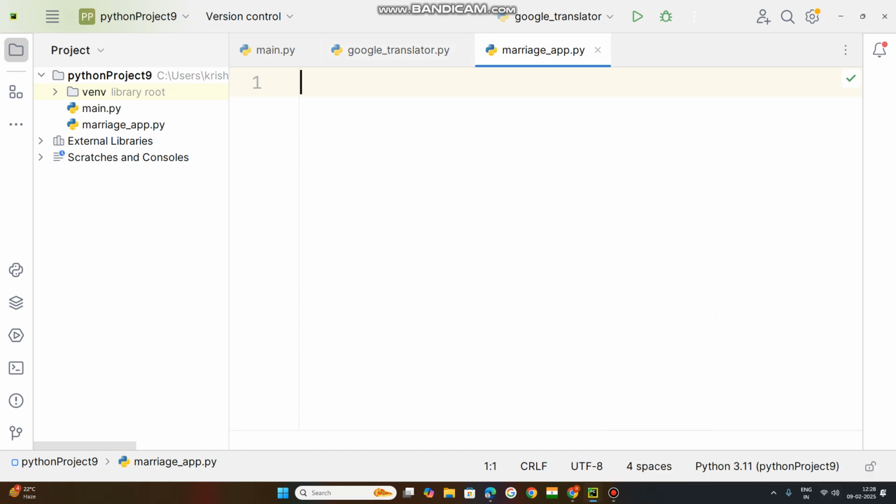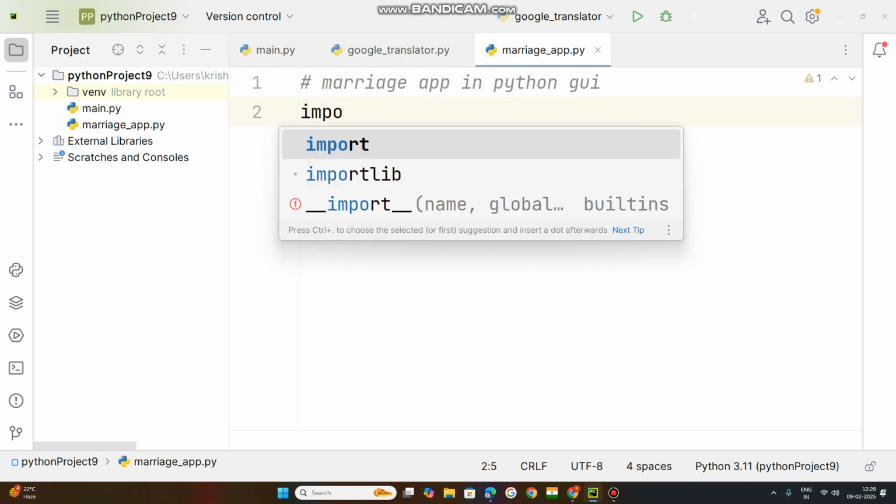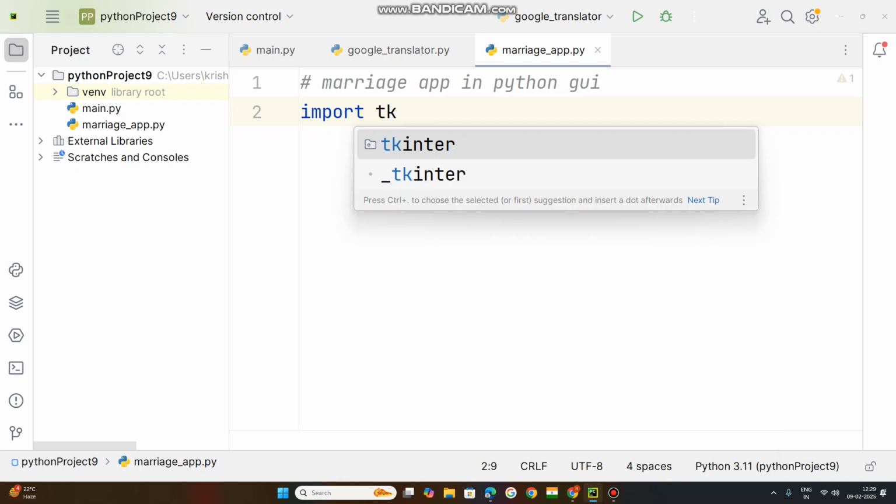So the name is what? Marriage app. App means application, a program. Marriage app in Python, GUI, graphical user interface version. So first of all we need to install what? Import tkinter. What I told you, tkinter is a library mostly used in Python to create GUI-based applications, graphical user interface